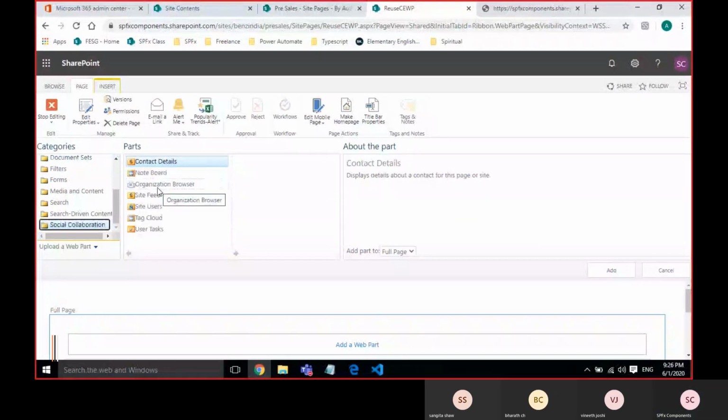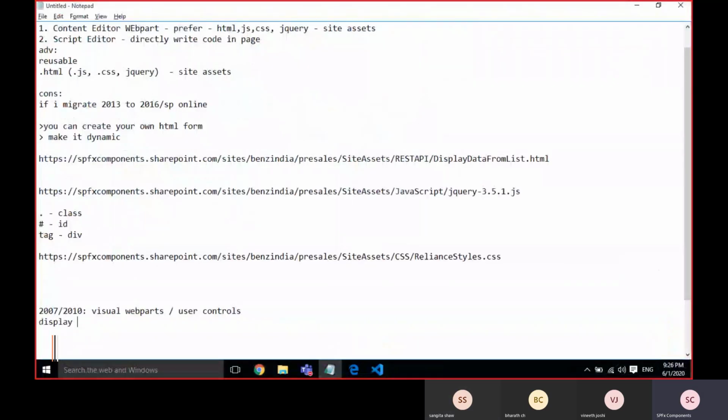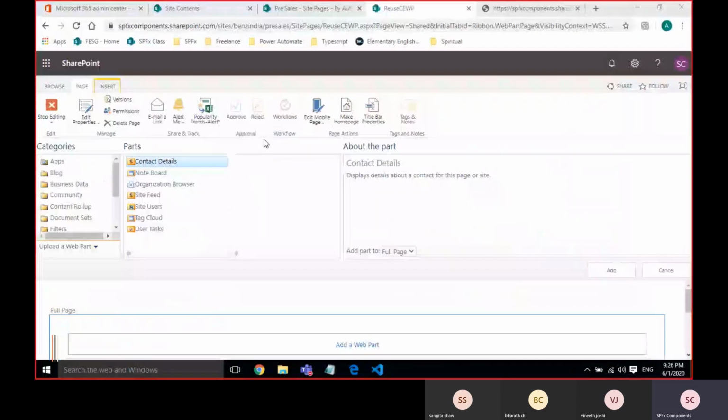But on the client side, finally, the purpose of visual web parts and user controls is maybe displaying data, creating records, or editing and updating them. I mean, only CRUD operations, right? Finally, the same operations. Yes, we will use the client side, whatever JS, CSS, HTML, and this is the common web part.